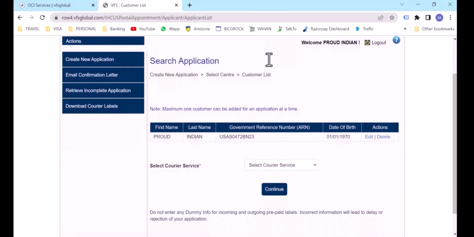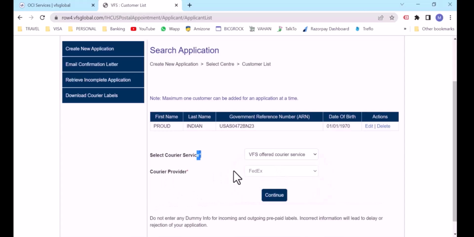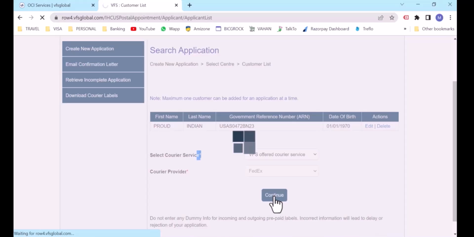Which now brings us to this page where we'll have to select the courier service. Now friends, as you can see on the right hand side, there is this actions tab where you can either edit or delete the applicant. So we'll move on to select courier service. So we have two options here, VFS offered, and I will use my own courier label. Now for the sake of this video, let's choose VFS offered courier service. And FedEx is auto-populated. There's only one option here. And we'll click on the continue button,